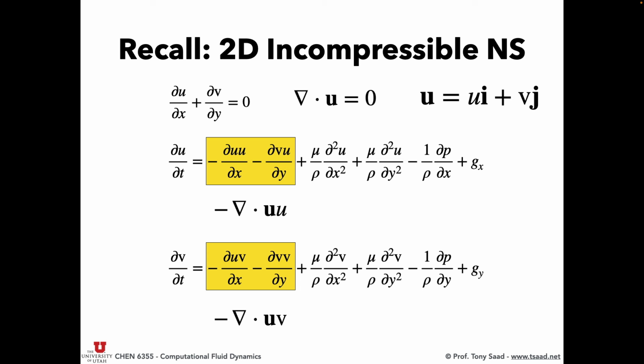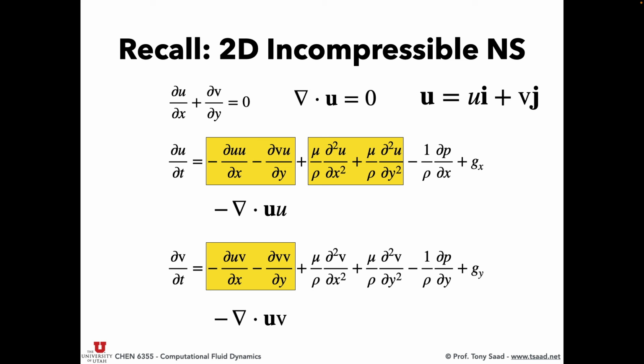And that term is written similarly, minus div of u, the velocity that's transporting information. Information in this case is y momentum per unit mass, which is v. Okay? Now, for the second derivatives, if you're a chemical engineer, you've probably learned that second derivatives designate diffusion. If you're a mechanical engineer, you recognize this from heat transfer, which is also a diffusive process. So this would be our diffusion term for the x momentum component, which is x momentum per unit mass, which